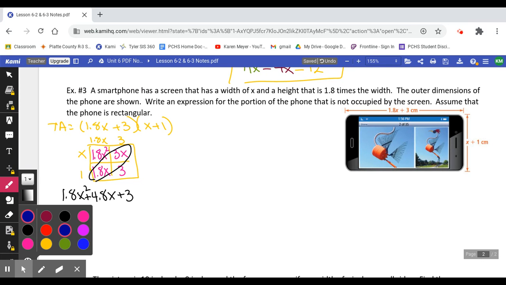Now let's talk about the part that's not in the color black. That's considered the unshaded, the part where you get to see the picture and all that. For this one, it tells me that the width is x. So that means inside here, this blue part, that is x. And then the height on the inside is 1.8 times the width. Well, if the width is x, 1.8 times x is 1.8x. So for the unshaded area,